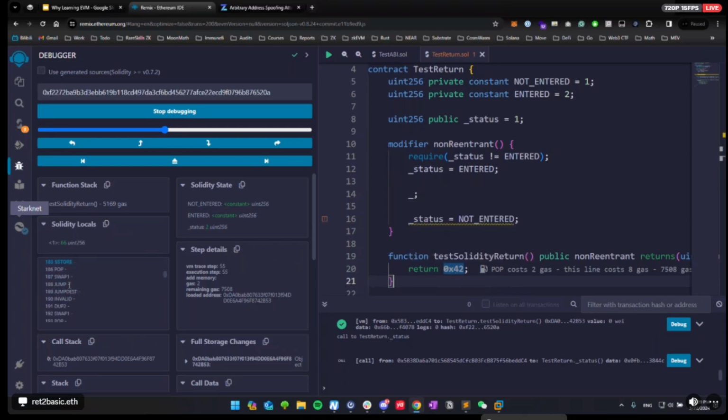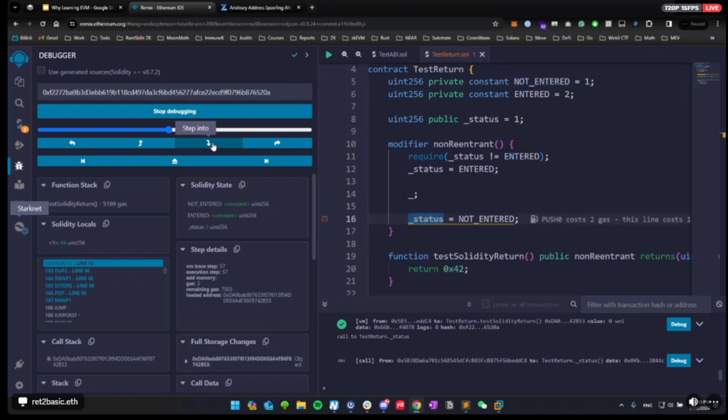You see, there is no return opcode. So although we executed the return statement, actually the return opcode is not here. It's not actually calling the return opcode. See, this is pretty interesting. Why? Because